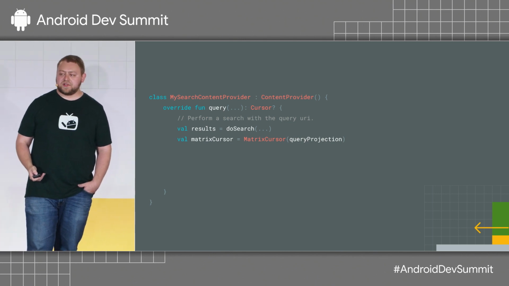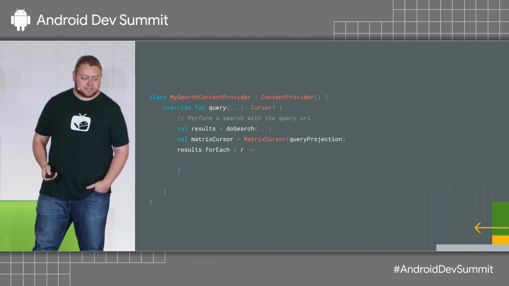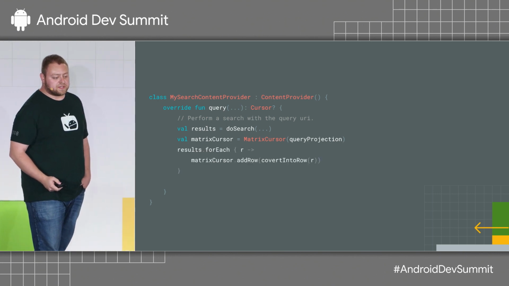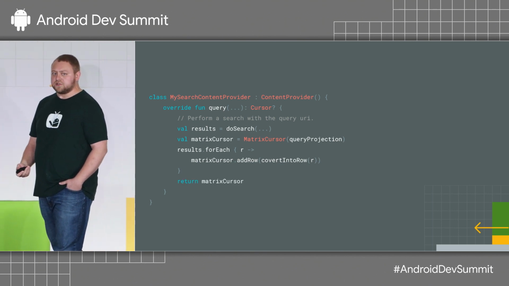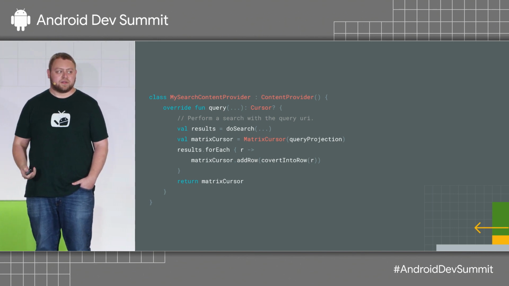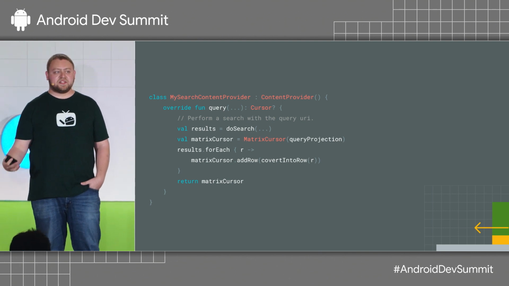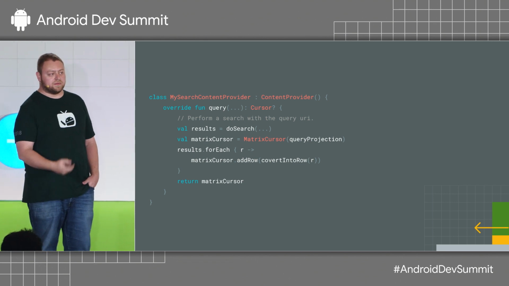Super simple to do with matrix cursor. And we'll dive into this a little bit closer. You just need to take each of your results, add them as a row into the matrix cursor, and then return the matrix cursor. The matrix cursor is really just like a mock cursor. It's a 2D array, essentially, under the covers. So you don't have to go about figuring out how to store all these in a database with these column names, you can just mock it out at the very end of your search.